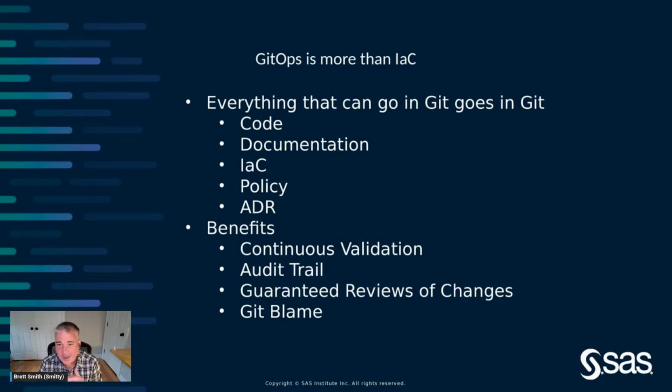The infrastructure as code, that's pretty much straightforward. You guys all know that answer. You've got Argo CD hooked up to a repo, and then you get the same 2 reviewers that I have before you can make changes that are automated in deployments. Policy and ADR, those are 2 things where that Git log trail, that audit trail really helps you out in the long run. So those are the reasons why we use GitOps.